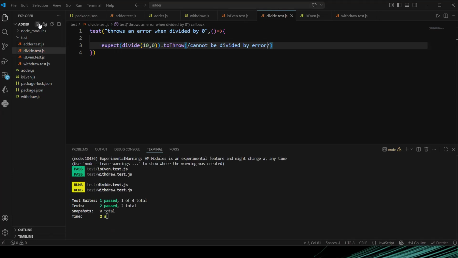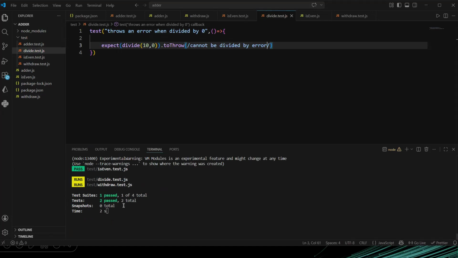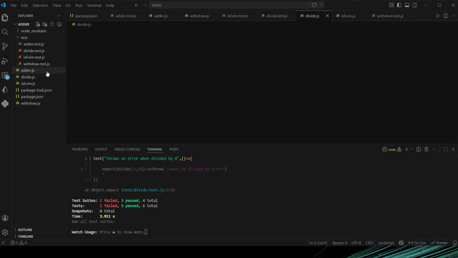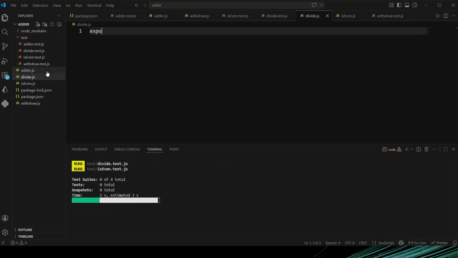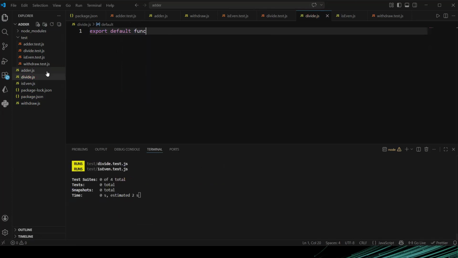Okay, so now I have written this, but of course you can see that our test is going to fail. All right, so now let's go and fix it. Let's write the divide.js. So I'm going to export default function